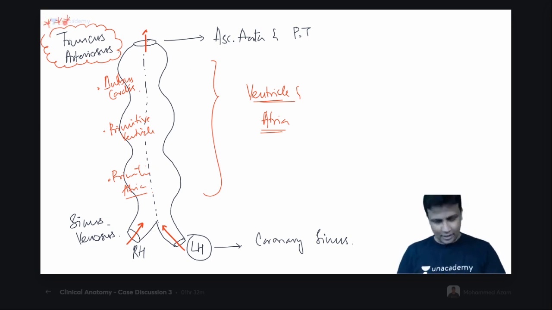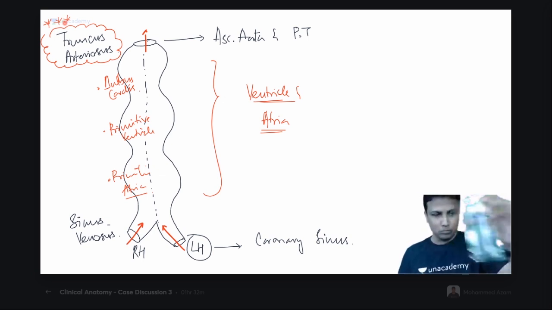Are you ready? And as usual, you all know very well, if you have been attending my classes, I'll start from scratch, and then slowly the topics are going to become more complicated. So have more concentration on this one. Are you getting me? So let us go in detail, in depth, about the truncus arteriosus.